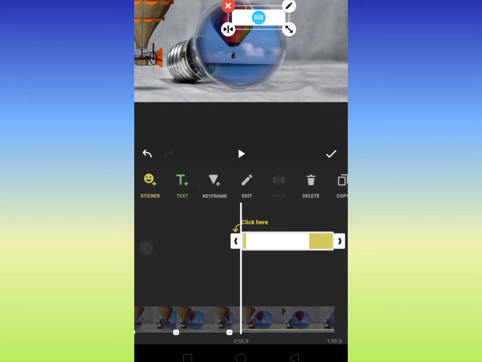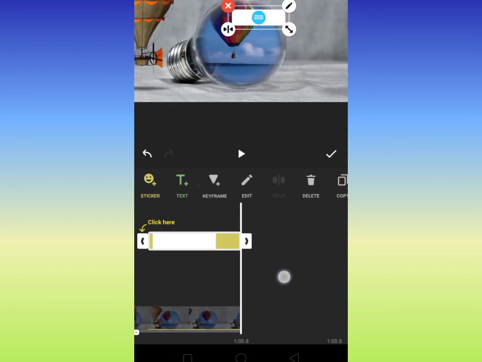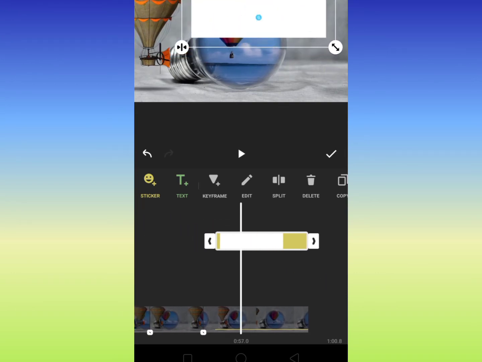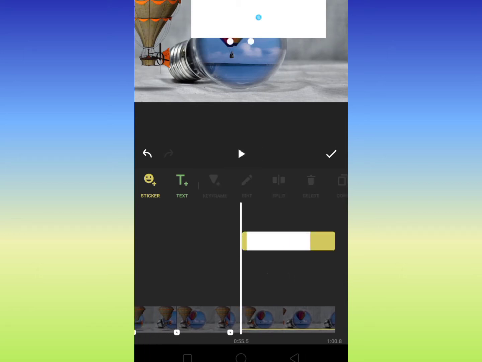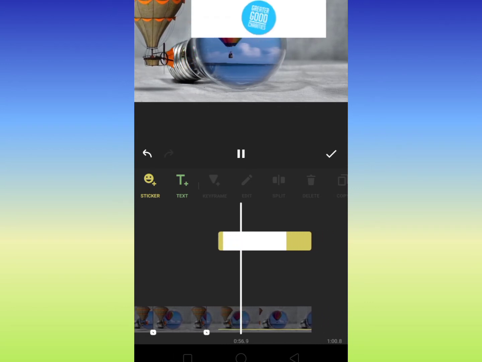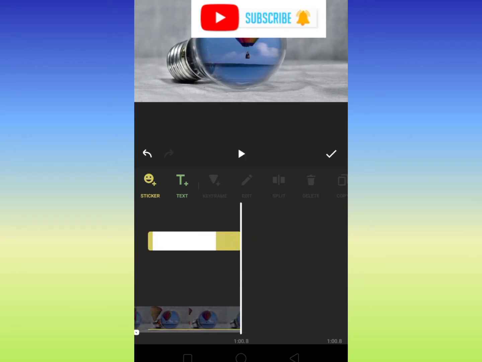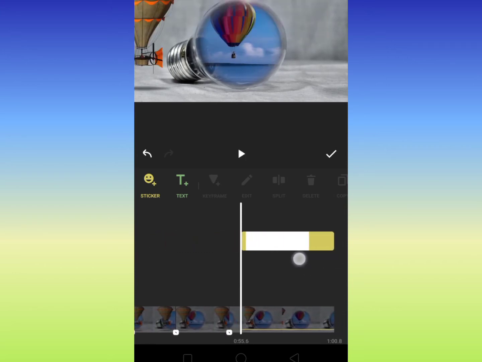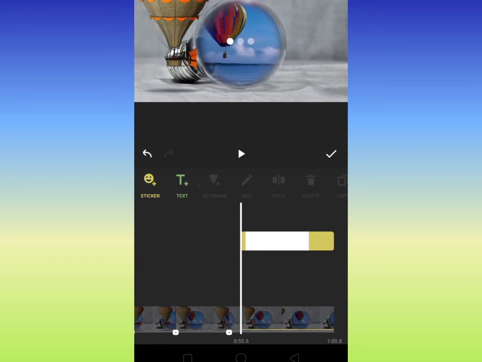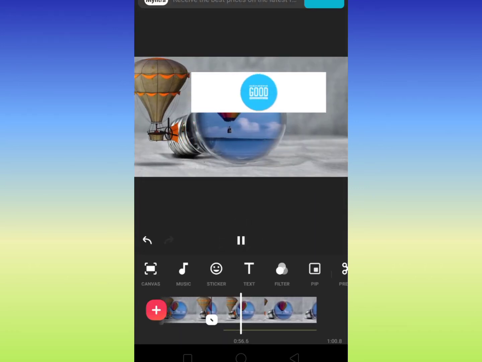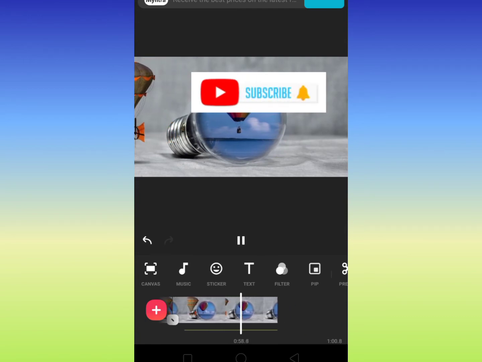I want to keep it for a longer duration, so I am increasing that particular time, and I am also increasing the size of the sticker or the GIF. If you increase the size, it looks even better. You can try it now and play and check. So this looks awesome.